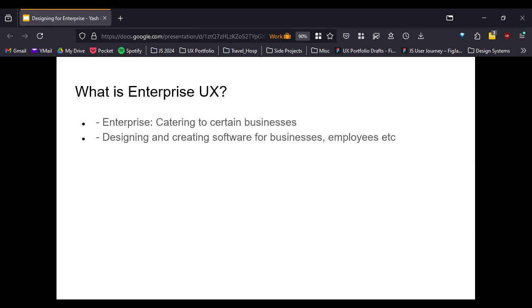And generally, when their employees use their internal tools, organizations tend to invest less time and money. Practically, that is how it works. So enterprise UX is when we are designing and creating software for businesses and employees,